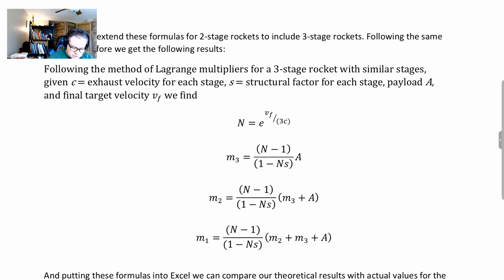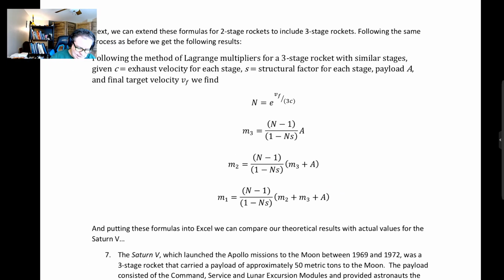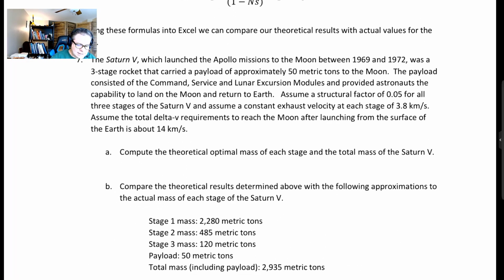So for stage 2, you just take the 3rd stage plus the payload, multiply by that same factor that involves n and the structural factor, n minus 1 over 1 minus n times s, and multiply it by the mass of stages 2 and 3 that had already been computed. So you really have to do this sort of recursively, get those first, and then you can calculate stage 1 mass. And so now we can take a look at an example here